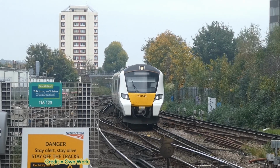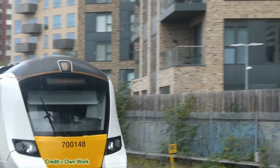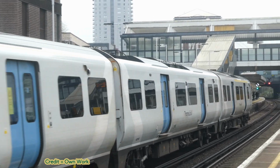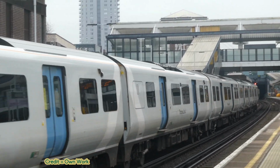The Class 700 Desiro City. The Class 700 Desiro is a fleet of 115, 8 and 12 coach 100 mph dual voltage electric multiple units. The ironing board train is the nickname for the Class 700 Desiro Cities, and this is due to the 16